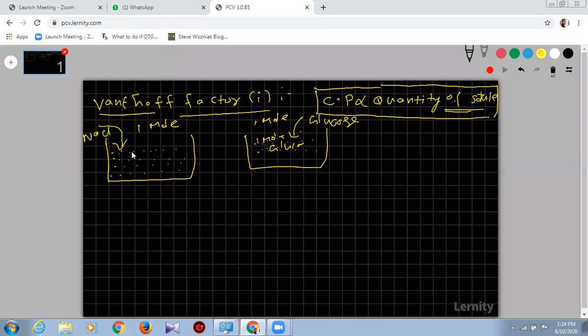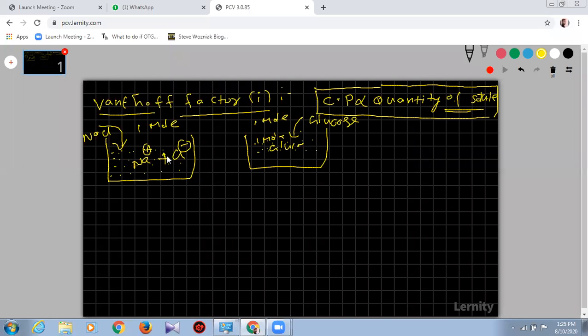But sodium chloride is not like that. Here you take 1 mole and you will get 2 moles of ions. That means there is variation in the quantity: 1 mole before adding to the solvent, and after dissolving we get 2 moles. That's why the Van't Hoff factor is very important when any problem comes on electrolytes like sodium chloride, or any acids or bases. You have to be very cautious while solving the problem, because the Van't Hoff factor plays a key role.